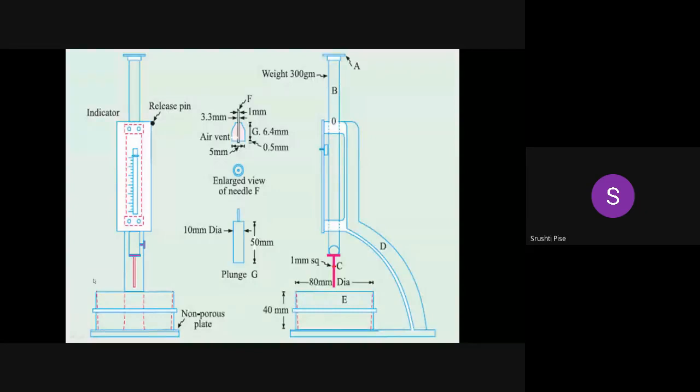Okay. So now we'll start with the initial setting time test. For the initial setting time test, we need the value of P, that is normal consistency. Assume that this is 32%. For 32%, we got those results, that is penetration value 33 to 35 mm from top. Now we'll go with the initial setting time test. Again, we have to take a known quantity of cement. Cement content, I am going to consider 400 grams only.